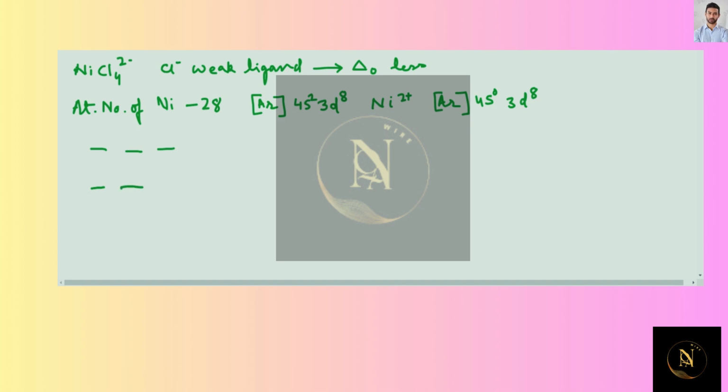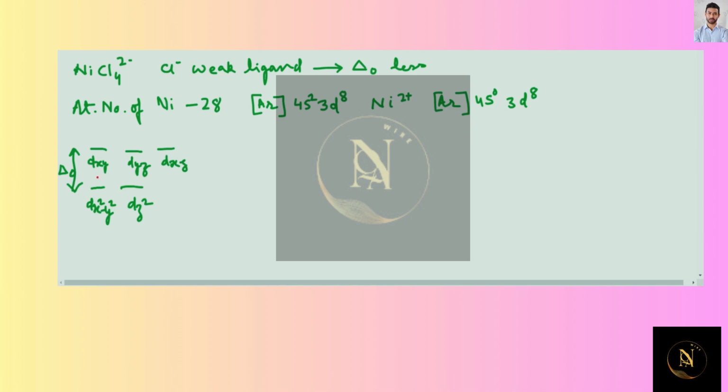So dx square minus y square and dz square will be at lower energy level, and dxy, dyz and dxz will be at higher level, but this splitting energy delta should be less in case of the Cl complex, and that is why the electronic configuration should be,